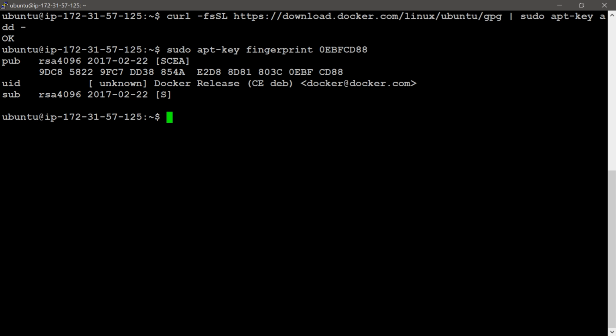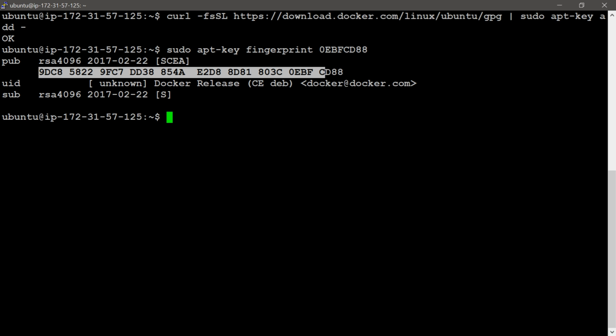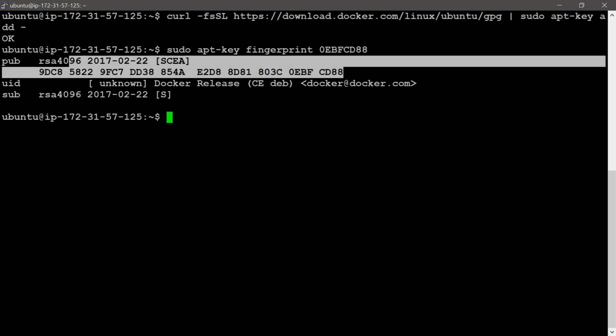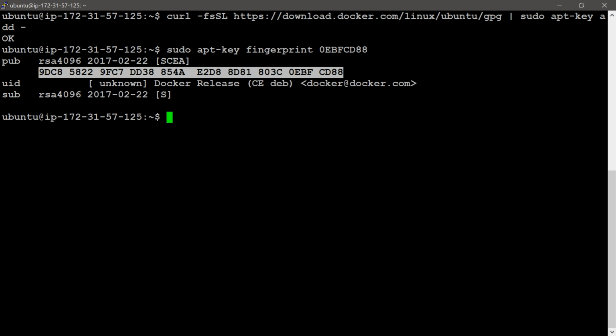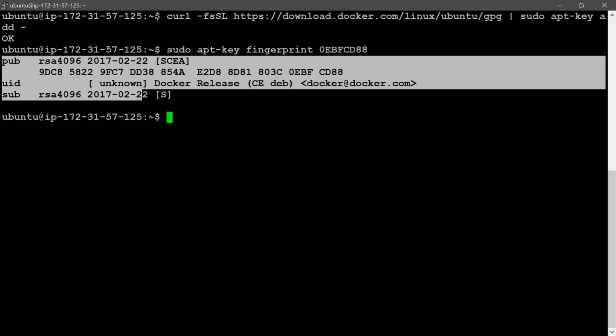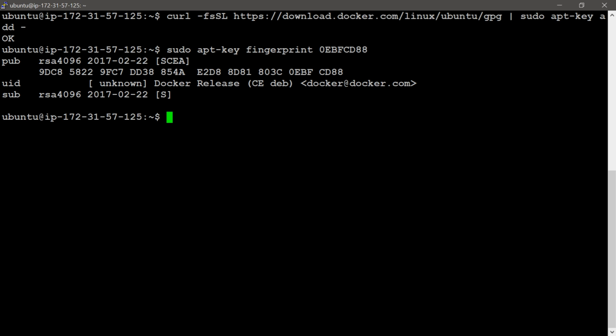Then we can verify these names, this code. These words are coming from this command. If you got this display, the apt key was successfully added to our repository.